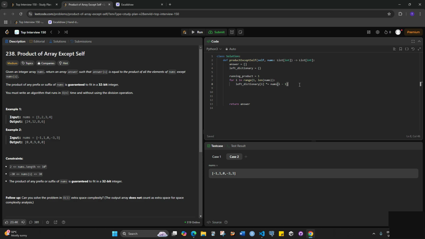Left dictionary i has to equal running product times nums[i-1]. Cool. So we do that all the way until the right side, and then we do right dictionary equals this, reset the running product equals 1, and then for i in